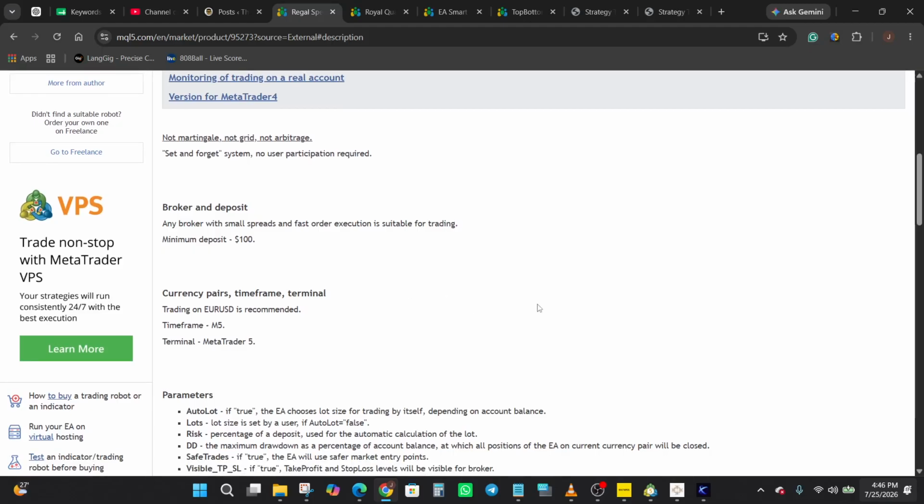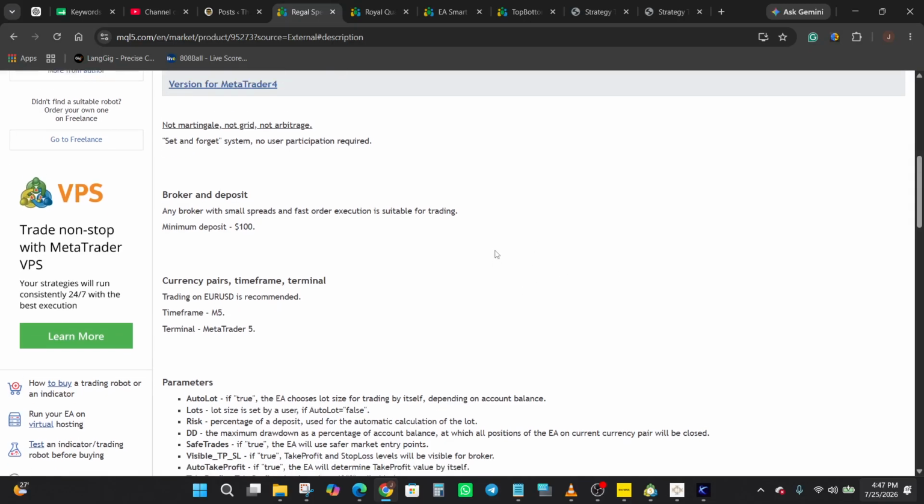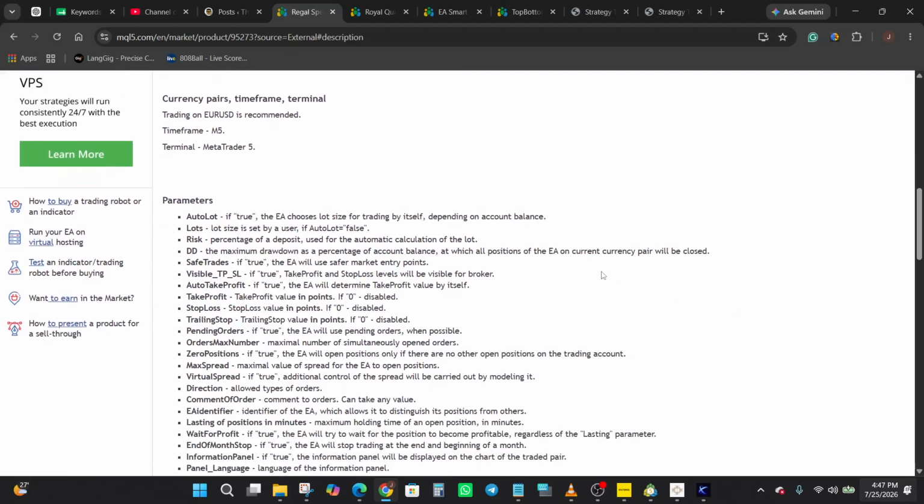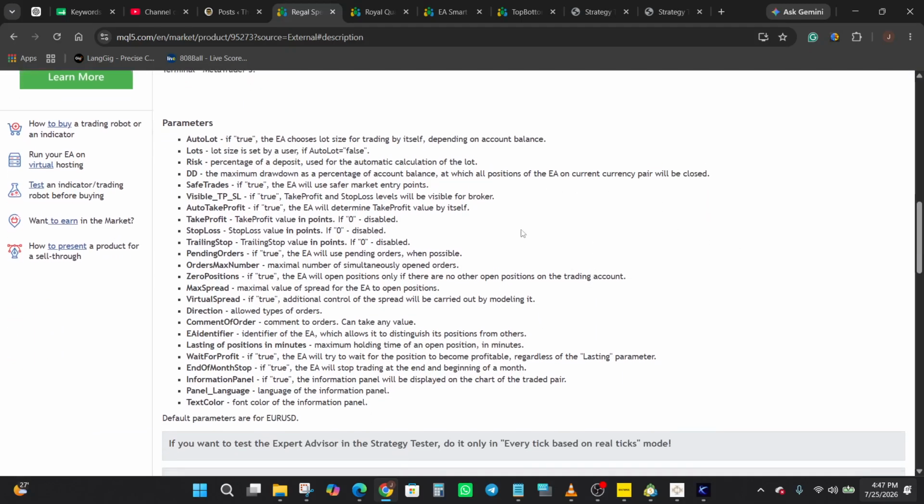Okay, so moving down to the inputs section, we can see the configurable parameters. The EA includes an auto lot feature alongside risk percentage settings, fixed take profit and stop loss controls in points, and a safe trades toggle meant for safer entry logic. There are also timing parameters like trading lasting, which limits position holding time in minutes, and an end of month stop filter to pause trading around month end